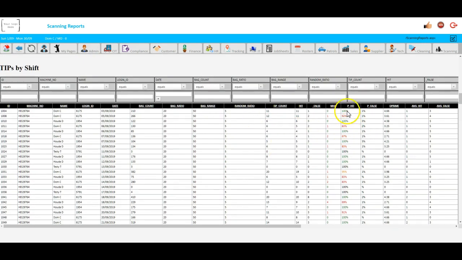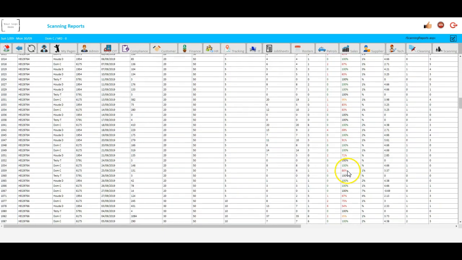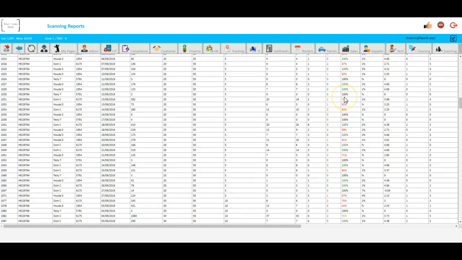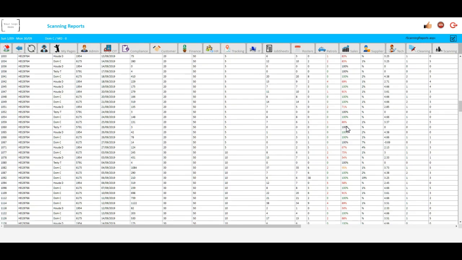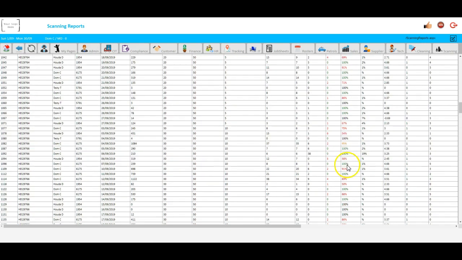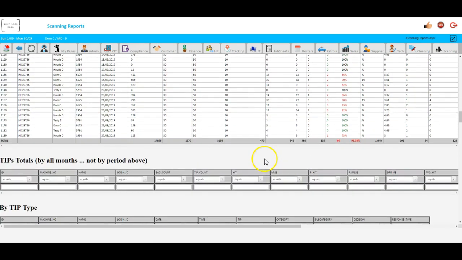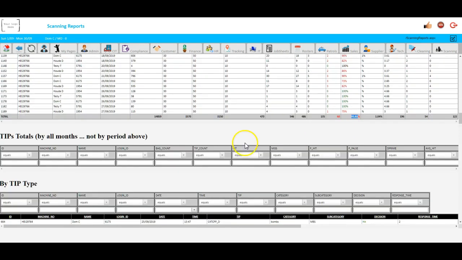So your tip scores, so we've set here a criteria of 90%, so anything under 90% there will show up in red, and 100% is good and green, and you've got your oranges there for anywhere between those two. So your average there is 91.02,